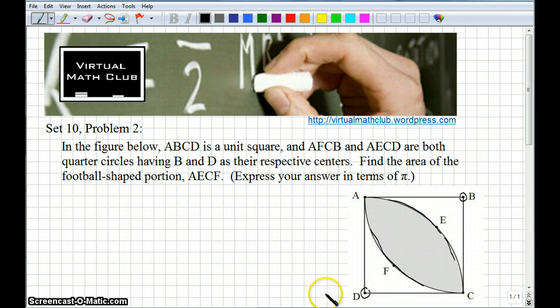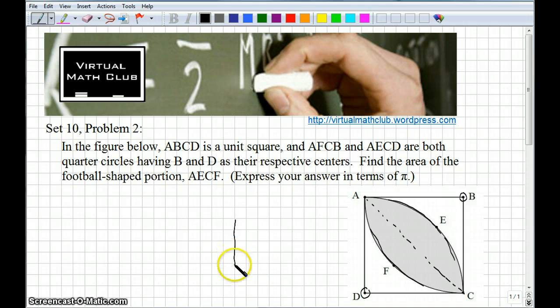So we're asked to find the area of this shaded region. So my hint to you would be to pull this apart, divide this up in some way that you can figure out the area a little more easily. So what I did, there's probably more than one way to do it, but what I did is I divided this football shape in half. And then essentially we've got,